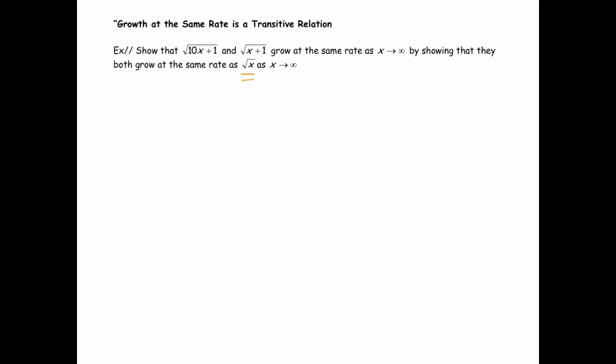I mean, we could just compare them together, but sometimes you get limits that are a little bit awkward to handle in terms of the algebra, and even L'Hopital's rule can turn into a mess. So if you can compare them to a simpler version, like root x, it makes the limits easier to evaluate. But in essence, we're showing that if f grows at the same rate as g of x,